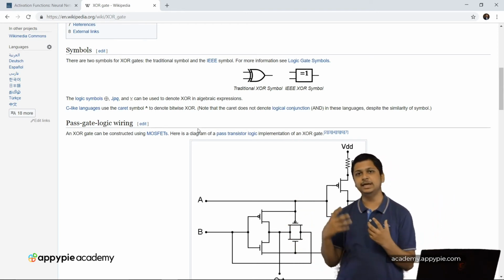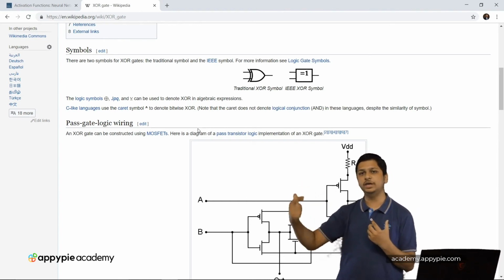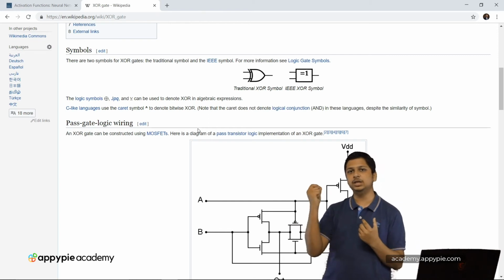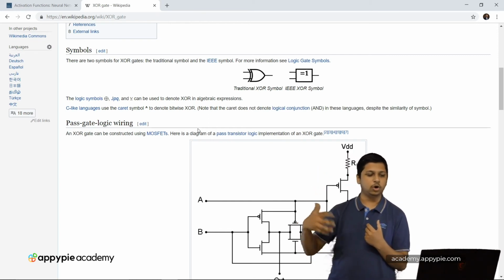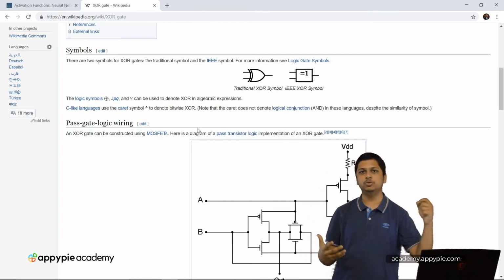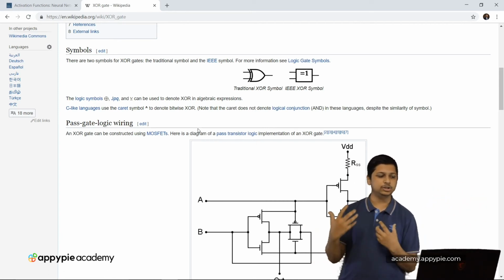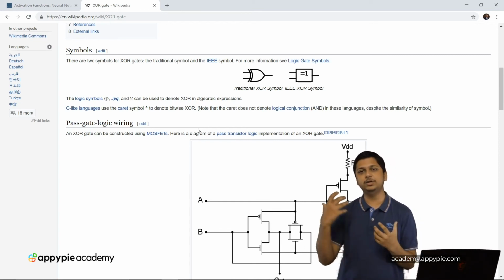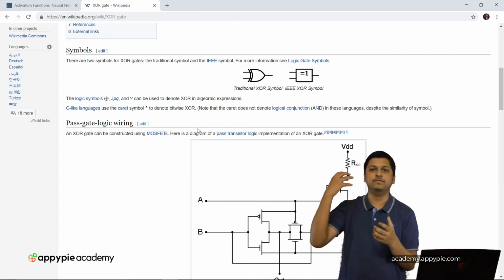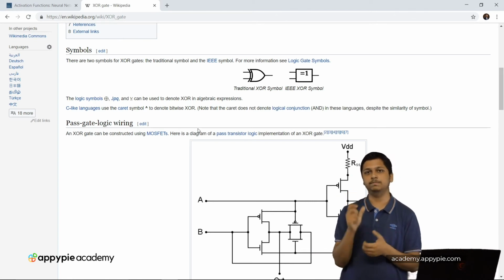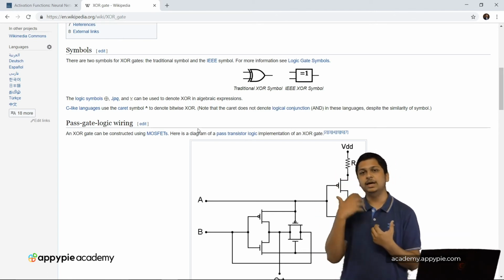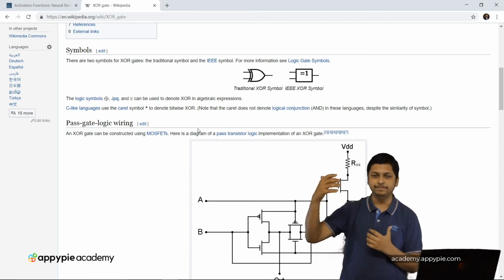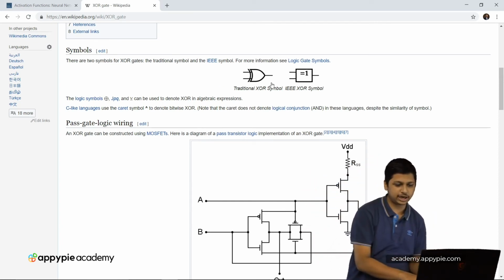It means that for an odd number of inputs which are high, where each input is either low or high, you will have a high output. This is how an XOR gate works. Our task is to create an XOR gate without providing this particular rule. You and I know the rule that an odd number of high inputs gives a high output, and over here this is an XOR gate of 2 inputs.